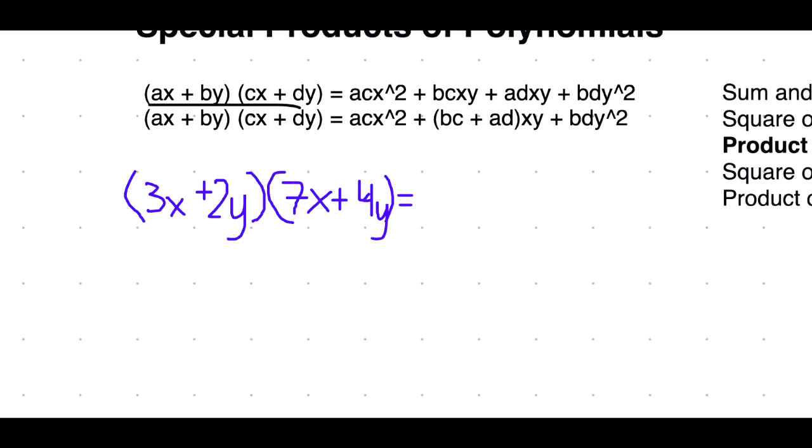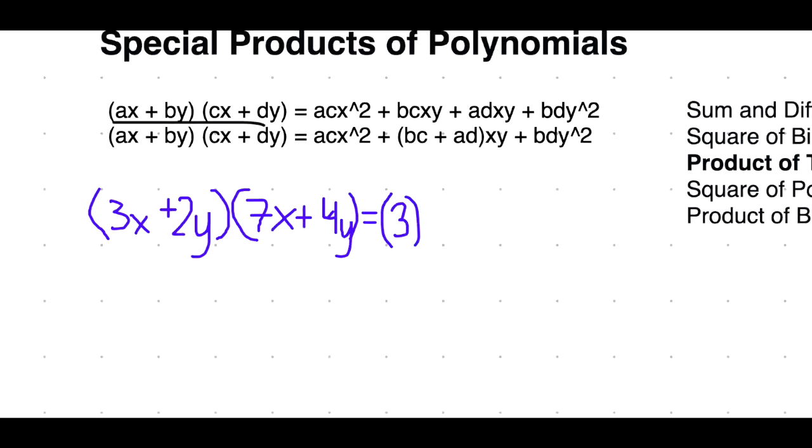In our case, B is equal to 2, C is equal to 7, and D is equal to 4. So A, since our A is equal to 3, I'm just writing it as a bracket for now, because we're going to have to multiply A, which is our 3, by 7, because 7 is our C, and it is AC x squared, so 7, and then x squared